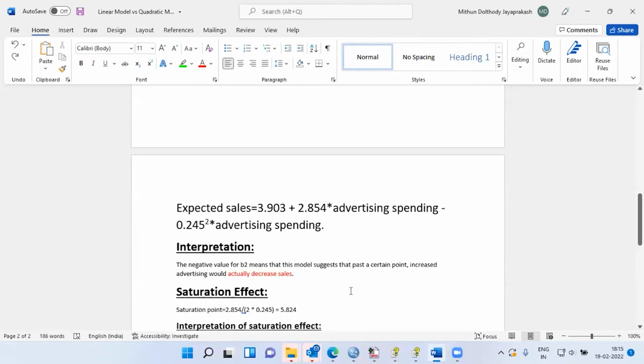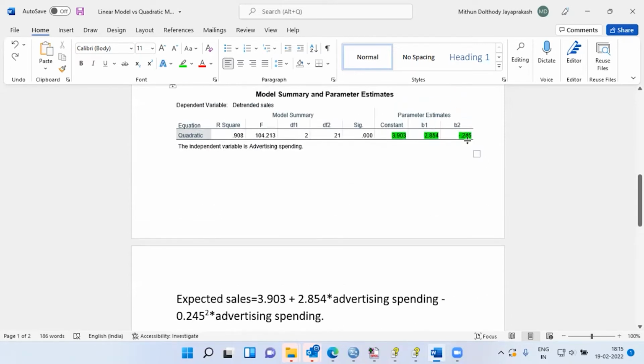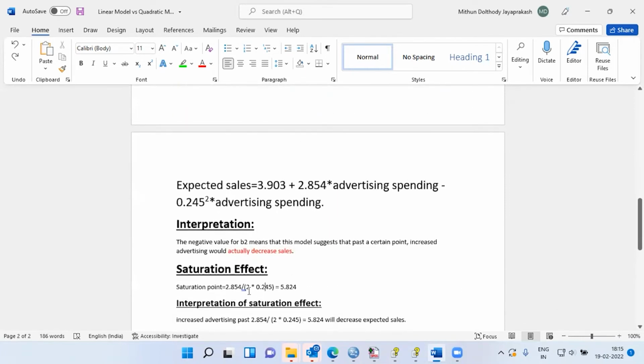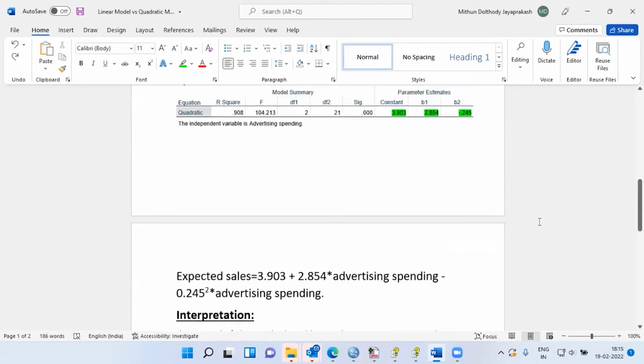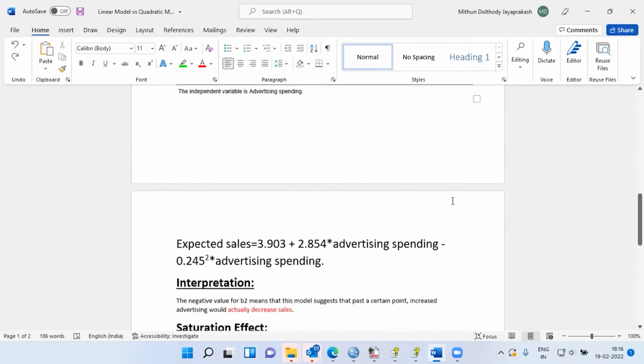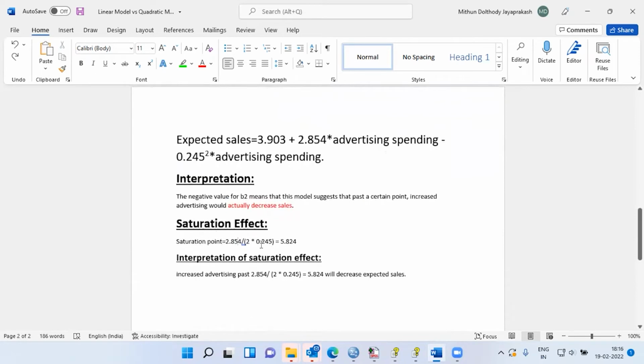That is, you're multiplying 2.45, which is the B2 value, by 2, taking this in the denominator. That is what you're doing. 2 star 2.45 will be in the denominator, and in the numerator, what you will be seeing is 2.854. A simple way of remembering this is: you take B1, divide it by 2 times the B2 value, and that would give you the saturation point. That is, you take B1, divide it by 2 times the value of B2, and that will give you a number